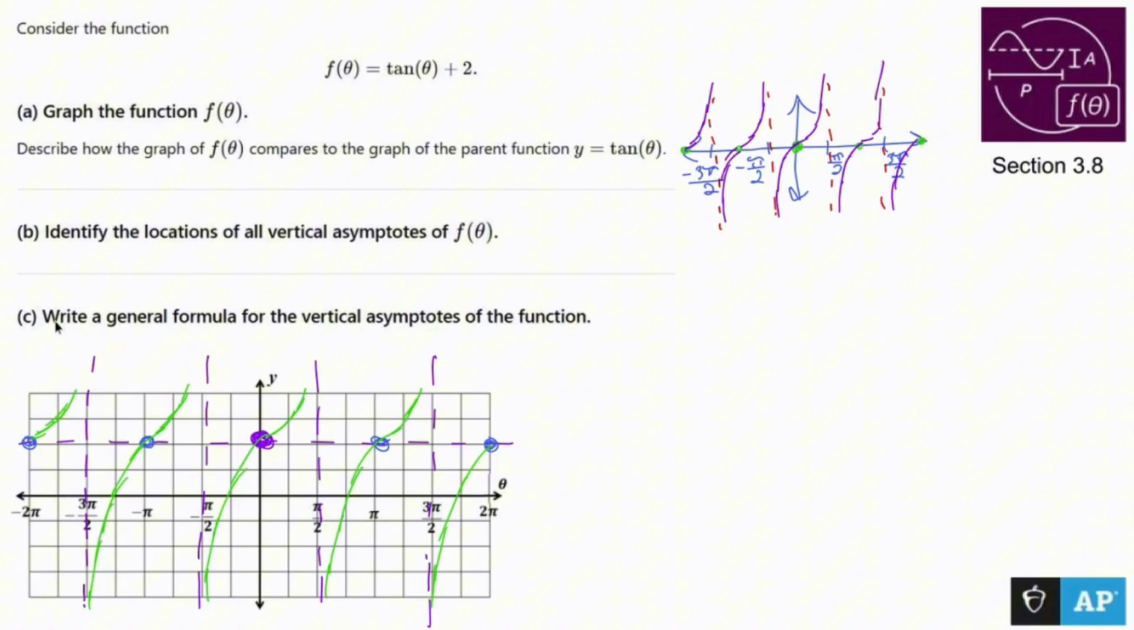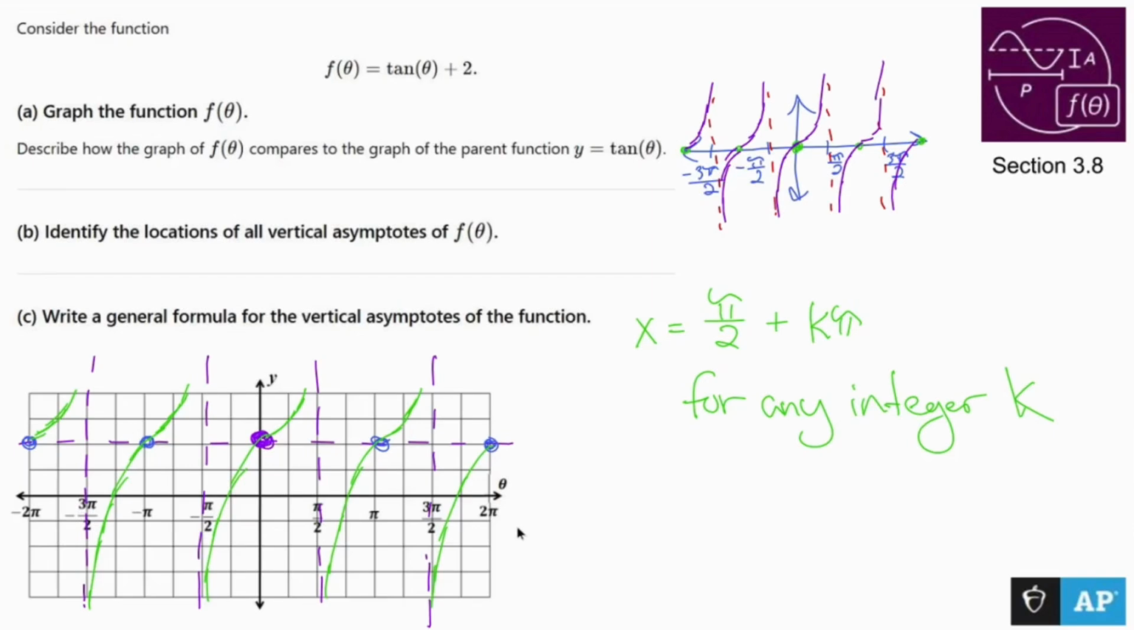Now, a way we can write out the general formula is these are vertical asymptotes, which are in the form x equals. One of my vertical asymptotes is going to be pi over 2. The next one would be plus a pi, and the one after that would be plus 2 pi, and the one after that plus 3 pi. Or we could go backwards and say minus a pi, minus 2 pi, minus 3 pi. So our general formula is going to be x equals pi over 2 plus k pi for any integer